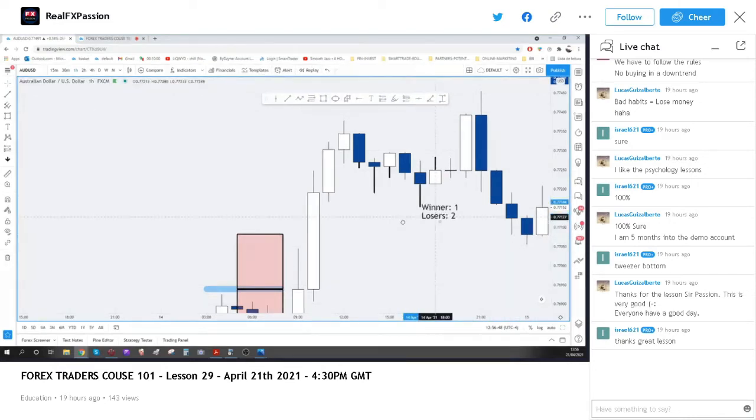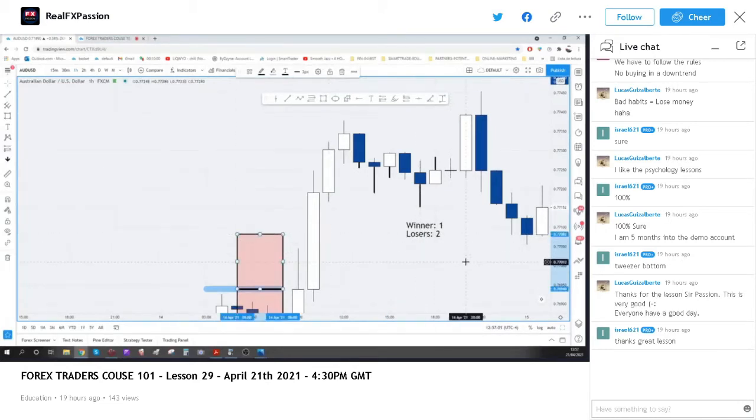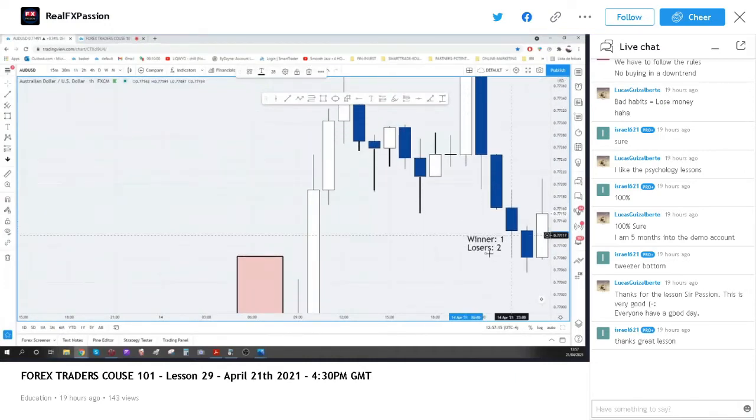Who is scared right now, everybody? Yes, bullish. Are you scared to enter right now? Back in time, I was scared. Okay, I'm scared. Why am I scared? Because I'm buying bullish candlestick formations. FX Passion told me to buy bullish candlestick formations. I'll have two losers, and now I'm not sure anymore, and I'm scared,